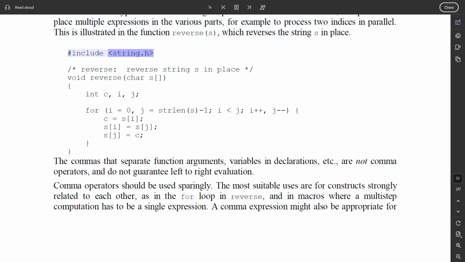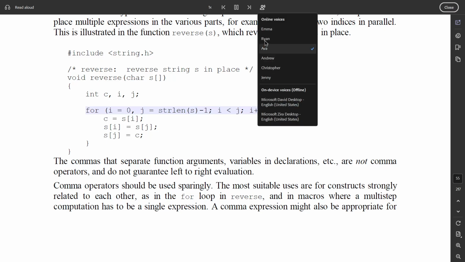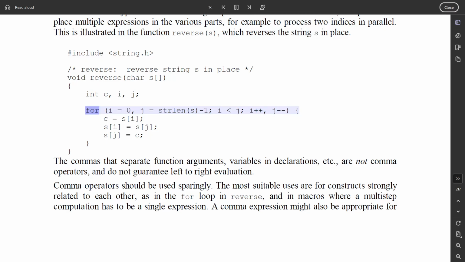#include <string.h> /* reverse: reverse string s in place */ void reverse(char s[]) { int c, i, j; for (i = 0, j = strlen(s)-1; i < j; i++, j--) { c = s[i]; s[i] = s[j]; s[j] = c; }